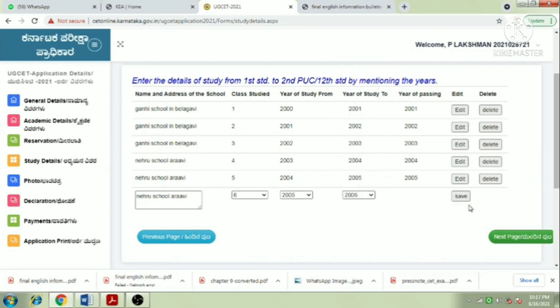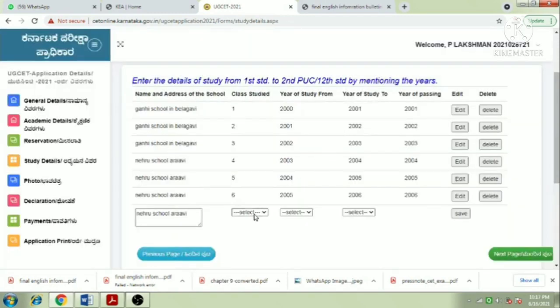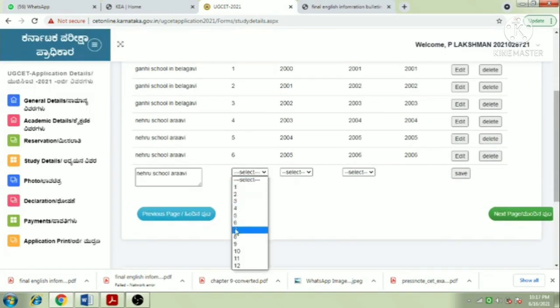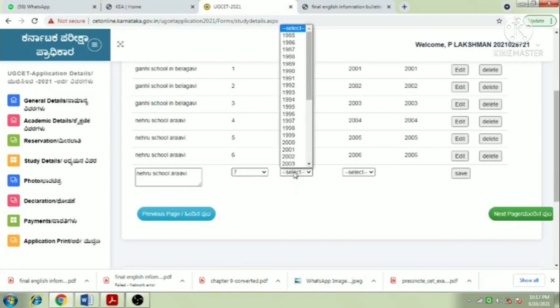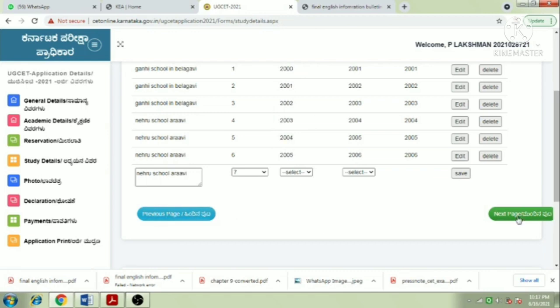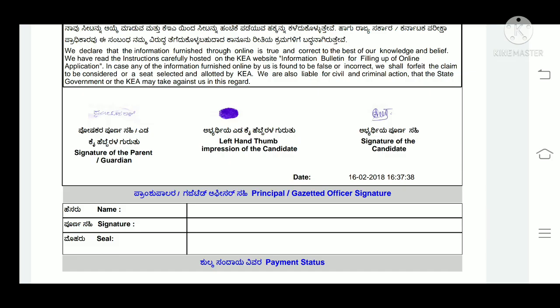Save. 7th class, 2006. Okay, battery is low. I will save up to here.